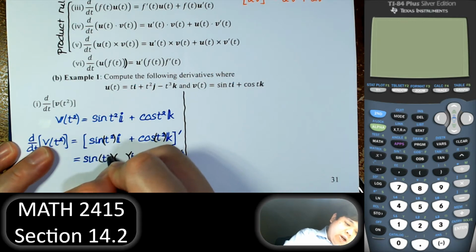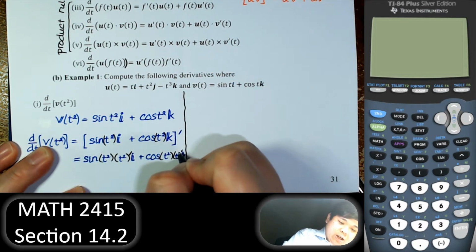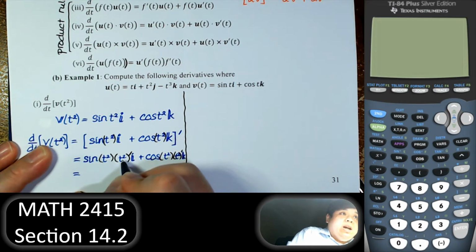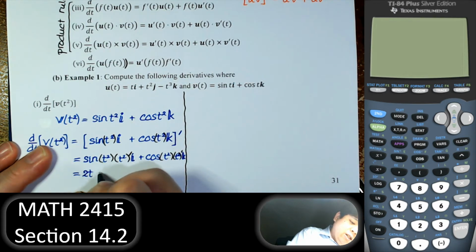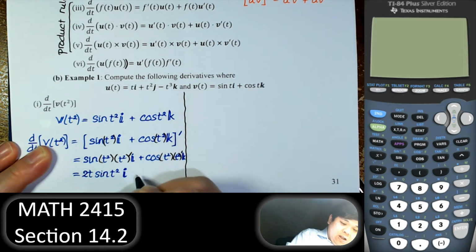So here we have t squared, t squared, t squared, t squared. So we have just some t squared, the derivative of t squared is 2t, so we have 2t sine of t squared, right, and